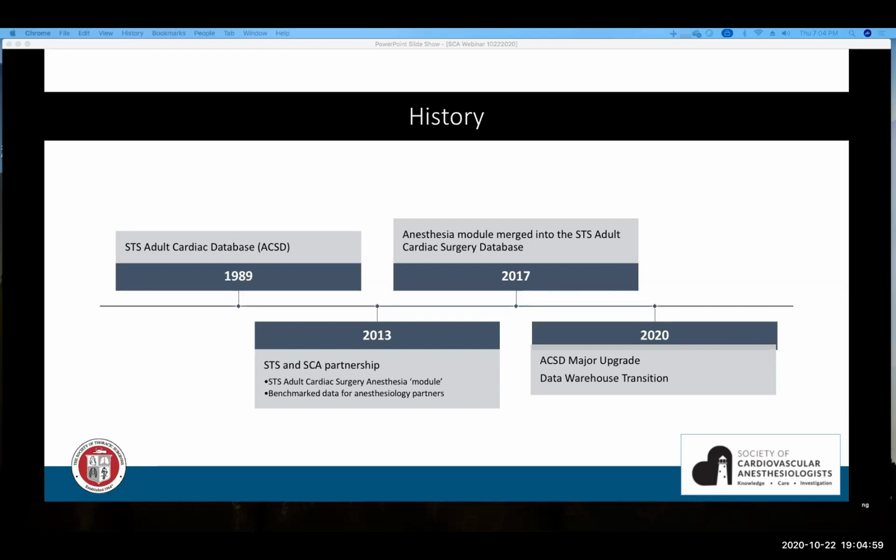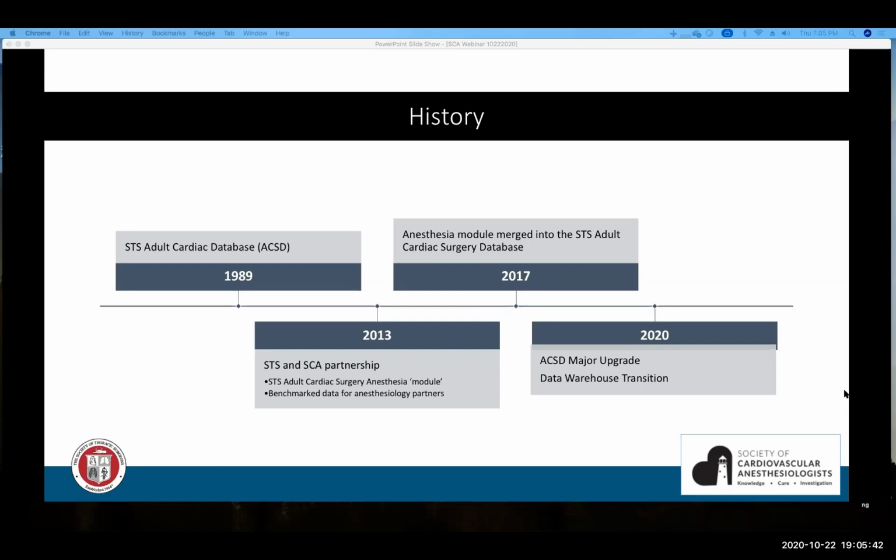Back then, there was no direct link and merge between the surgery and anesthesia sections of the database, but by 2017, the anesthesia module was actually merged into the adult cardiac surgery database. Subsequently, in 2020, we underwent a major upgrade of the adult cardiac surgery database as well as the anesthesia section, which is included in it. This was also the year when the Society of Thoracic Surgeons transitioned from the U Clinical Research Institute